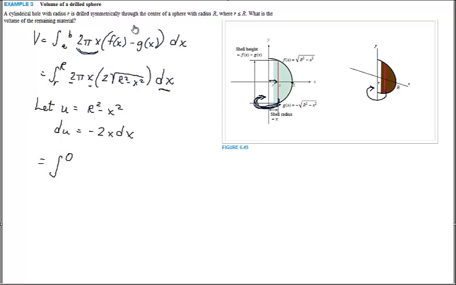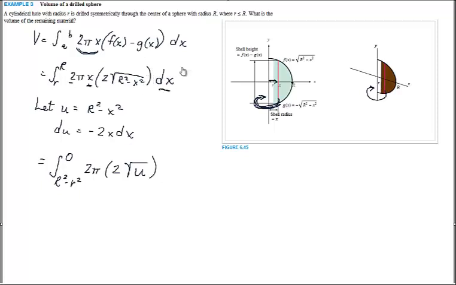If I replace my x with this r, then I'll have r squared minus little r squared as my limits of integration. 2 pi, and then I guess I should have combined constants, but 2 square root u, and then